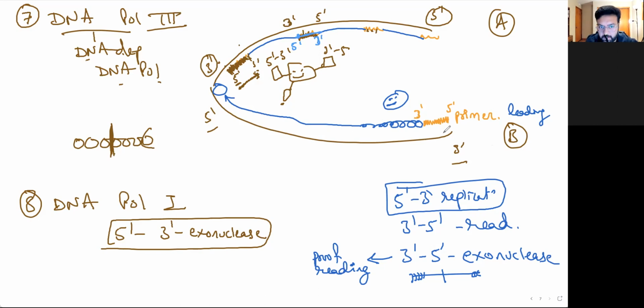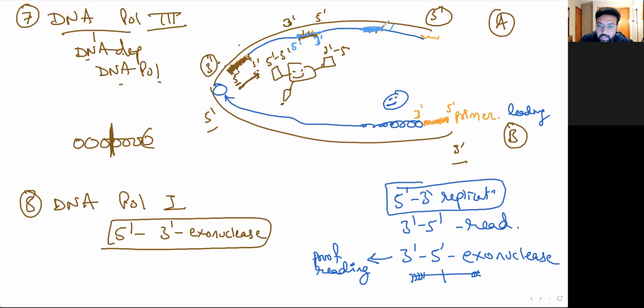Did this answer your question? Yes, sir. Okay, got it. So it's just cutting this primer and adding DNA here, same as DNA polymerase 3, but it has just one extra cutting function from 5' to 3'. Okay? Yes, sir. Wonderful. So that is DNA polymerase 1, and now you know. Now, after